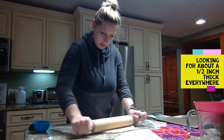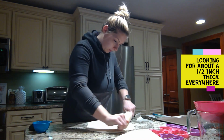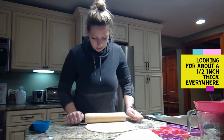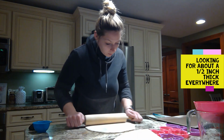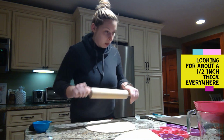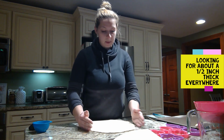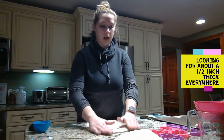Almost there. The first time I tried to do this, it didn't work out so well. But I really like this recipe. And what really helps is making sure that that water is nice and warm. Okay, so our dough is